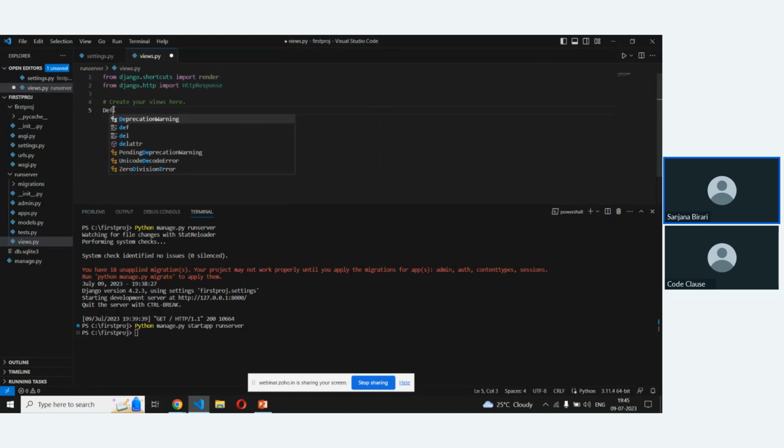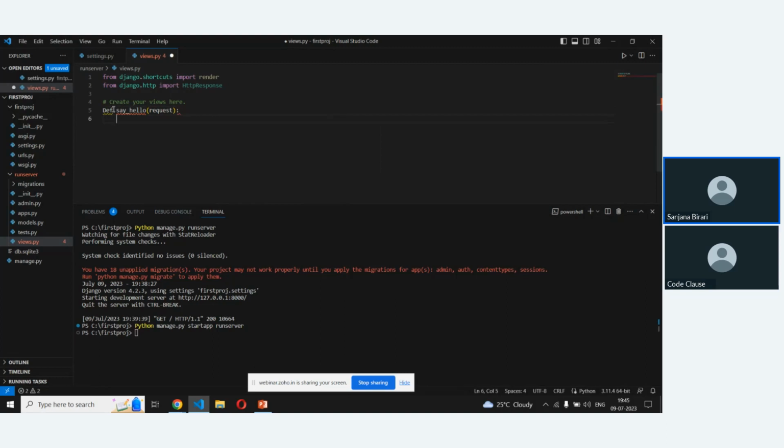For that, you have to create a function, for example say_hello, which takes a request. We are using Python, so you need to follow the indentation rules. Just remember that.